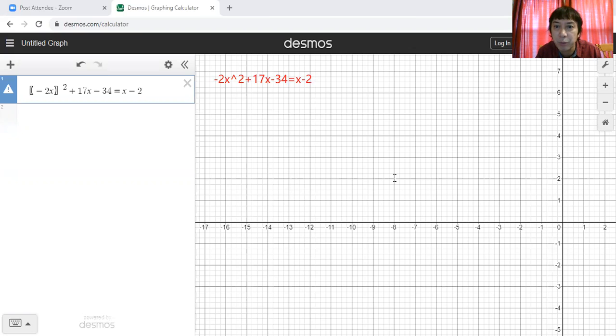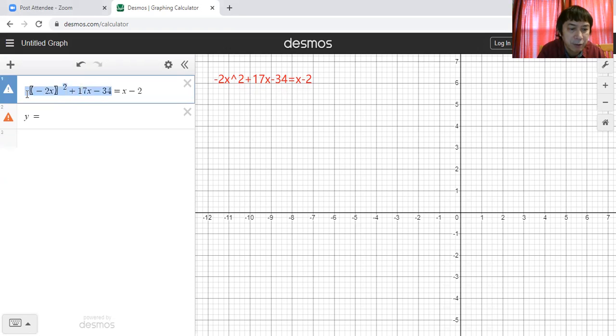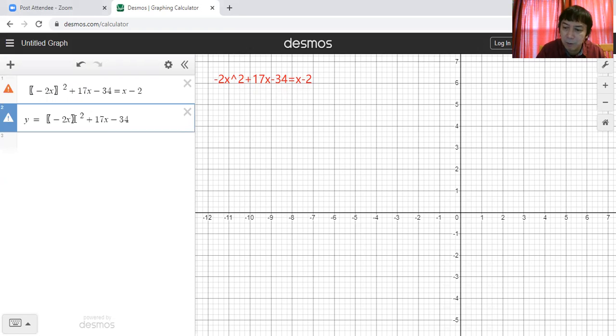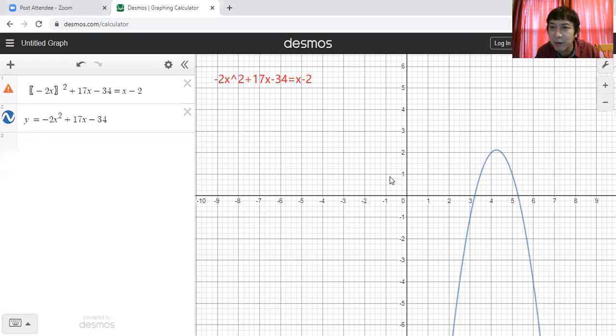So the way to solve this is by graphing. Okay, you will have to do one graph for the left side of the equation and another graph for the right side of the equation. And so we can do it this way. Y is equal to, okay, just copy the left side so you can minimize typing there and then do a little adjustment there. That type of symbol cannot be processed by the graphing calculator. Okay, after removing that, that's it. You will have the drawing already. So here's a parabola that opens downwards.